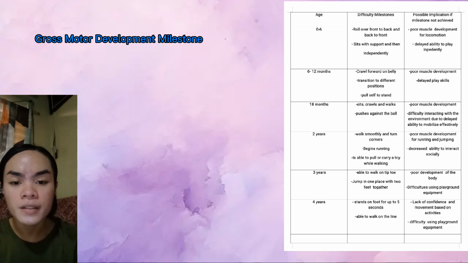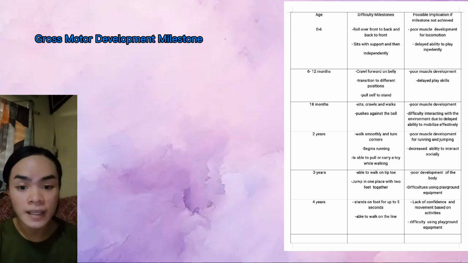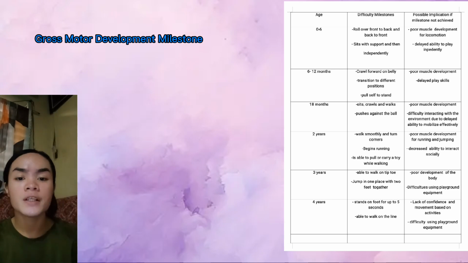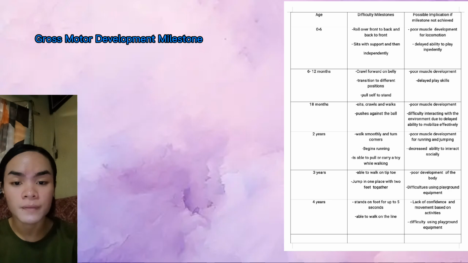In 2 years: poor muscle development for running and jumping, delayed ability to play independently and interact with environment, decreased ability to interact socially. In 3 years, decreased opportunities for social interaction,